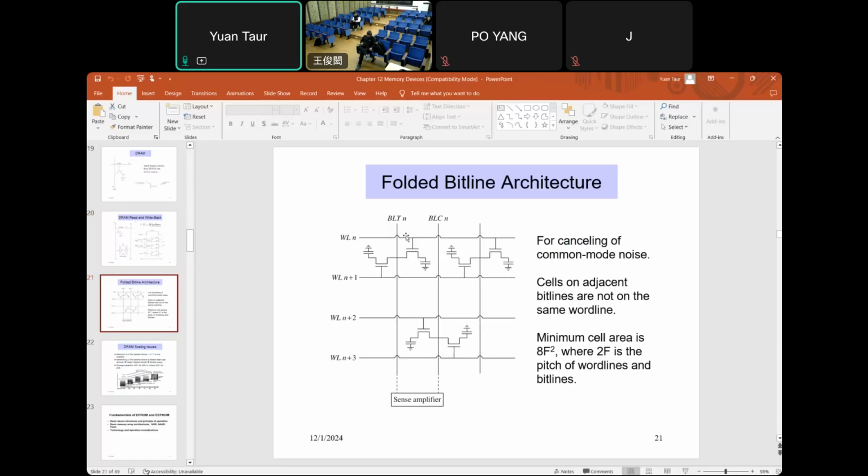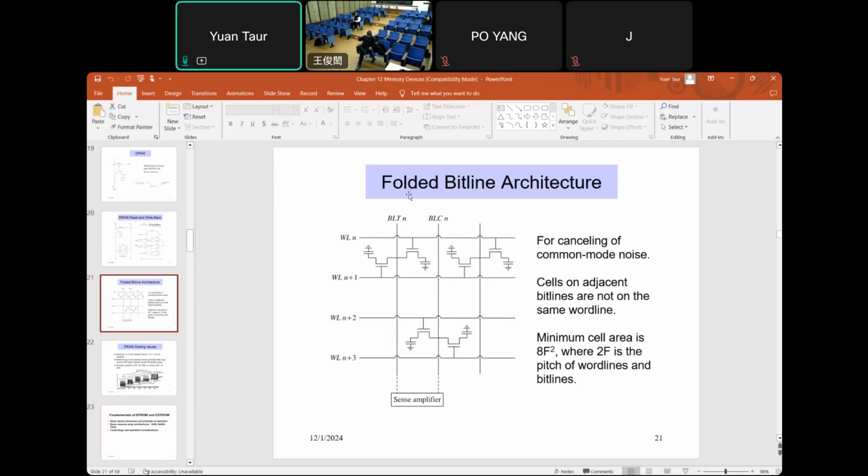This is word line N, and then bit line N. Bit line complementary is this line, which is connected to a cell that's not turned on by the same word line. This word line turns on all the cells on this line, but not here. So this bit line complementary is through a dummy cell, and to make this happen,